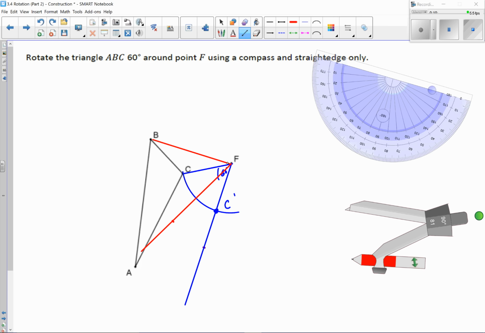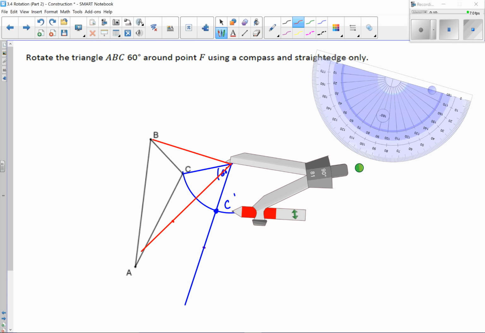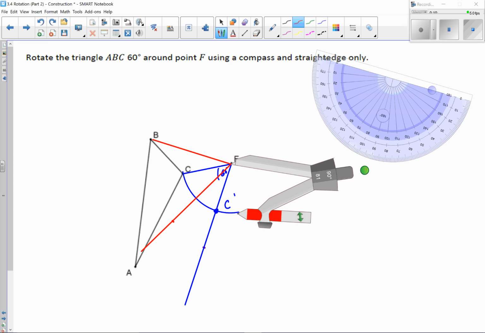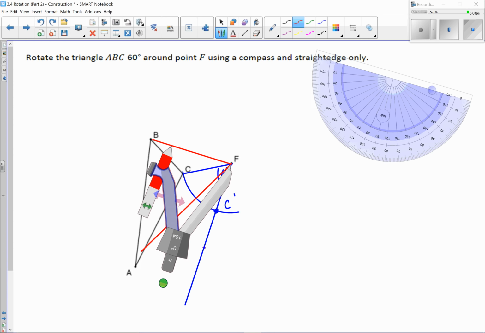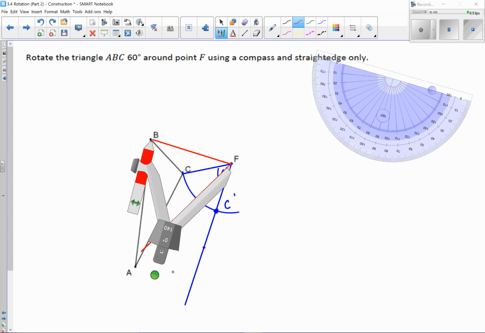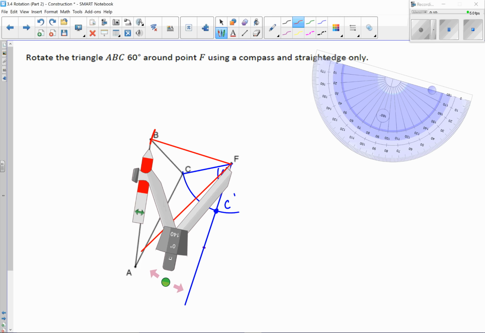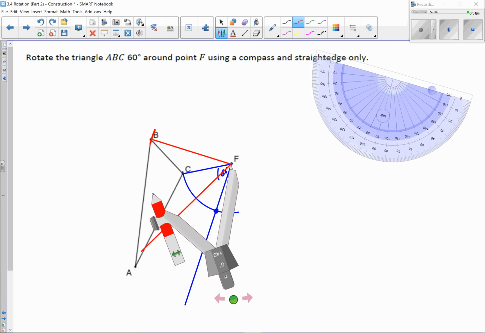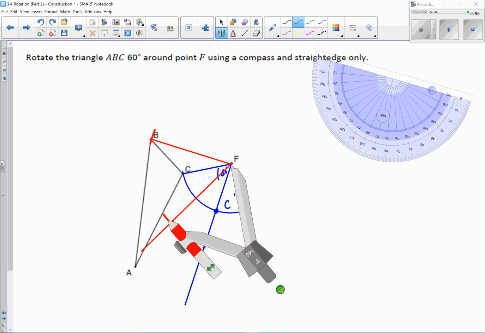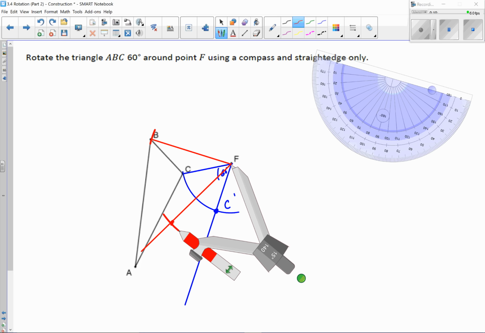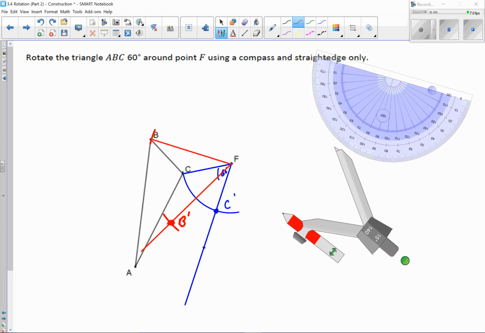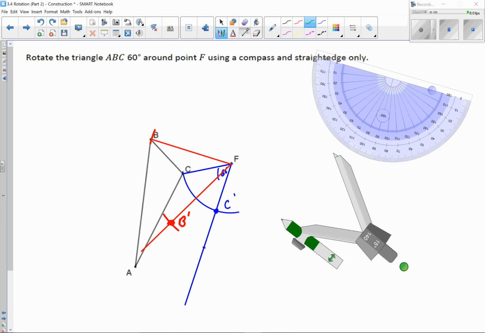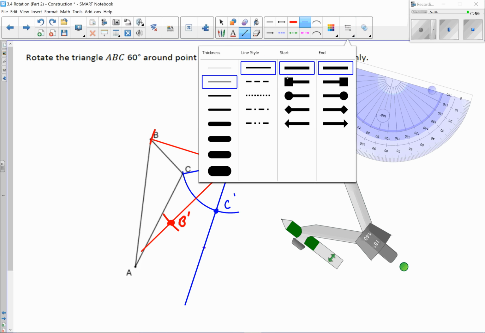All right, again, now the red angle is in fact 60 degrees. Take my compass, put it back on F. Going to measure out to B. Again, I'm going from here. Now, if you don't want to draw the entire arc, as long as you show that you measured that, then I'm going to just turn it and see where it intersects. It intersects, in fact, right there. So at that spot, that's going to be B prime. And again, I'm going to repeat this process one more time for